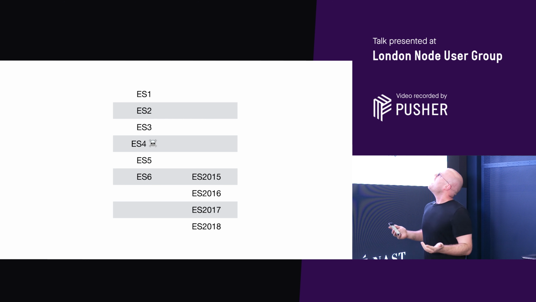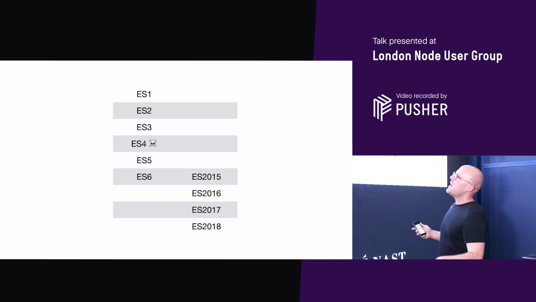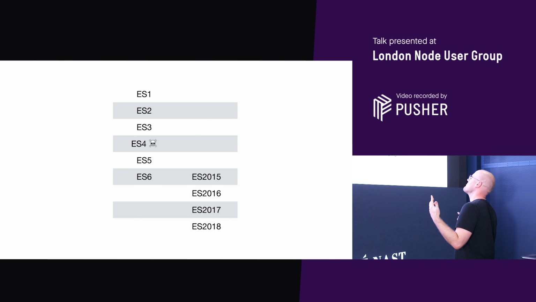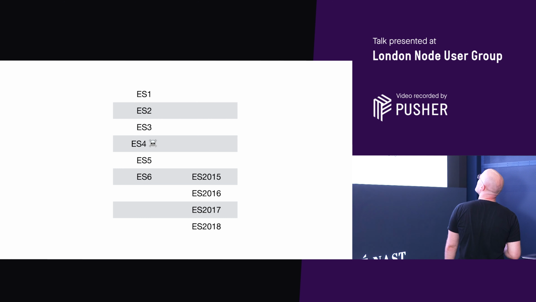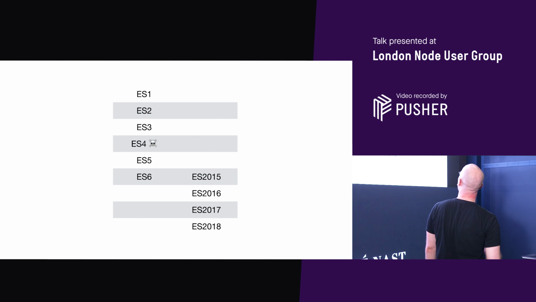The different published versions of ECMAScript took a while to get out. Some of them had a gap of about 10 years, which is pretty bad. Don't talk about ES4. It's fun to read up on it. There's a load of drama, people accusing other people of lying. It's great.